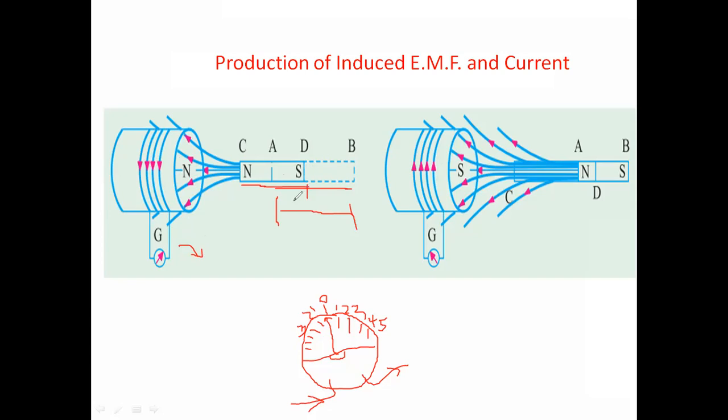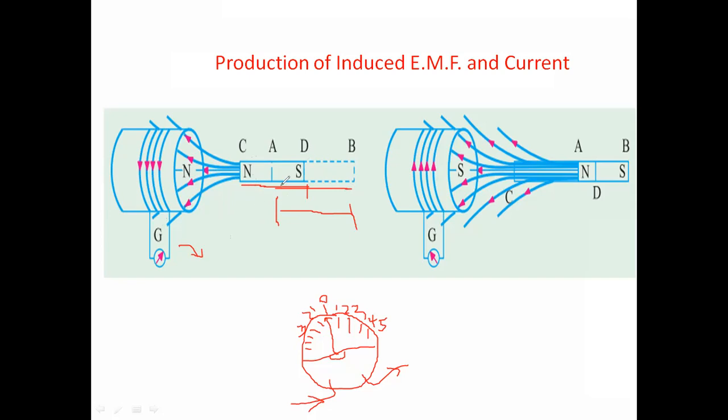The main point is that we have to provide some variation in the field. Either the conductor may change or the magnetic field may change. After reaching this particular C and D point, the magnet is constant, so in such a situation the current is zero. When the magnet approaches towards this coil, the current will be generated. After reaching and being stationary at this point, it does not produce any current.